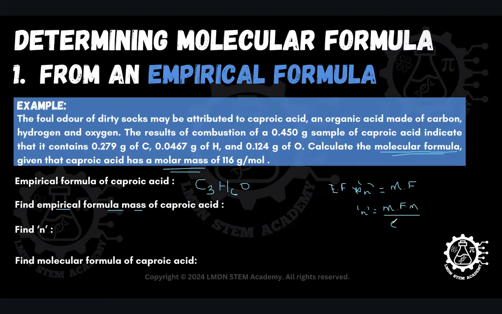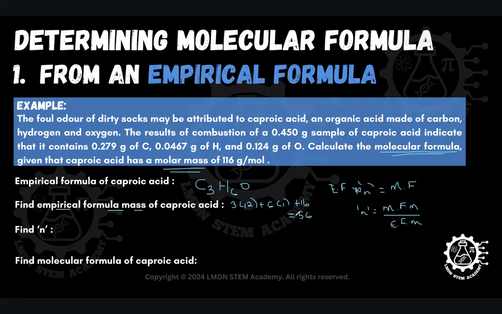We have to divide that by the empirical formula mass. All right, so remember those key equations. So we have to find the empirical formula mass. We have the empirical formula. So to do that, what are we going to do? We're going to say 3 times the relative atomic mass of carbon, which is 12, plus 6 times the relative atomic mass of hydrogen, which is 1, plus, because there's only one oxygen now, it's going to be plus 16. When we add that all together, we are going to get that that is 58,